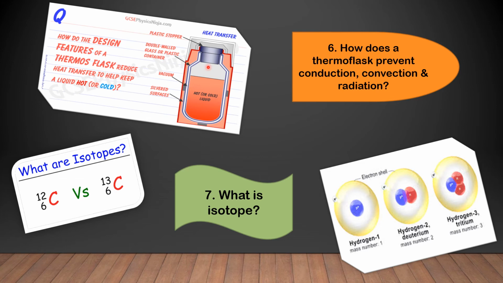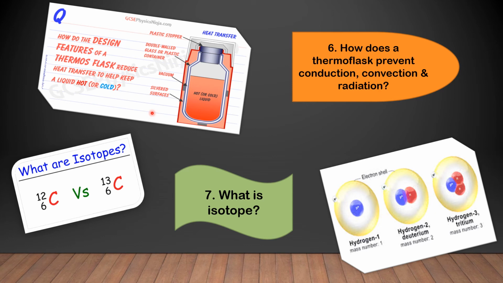Now silvering. The silvered walls minimize the exchange of heat by radiation. So this is the silvered surface. This blue color line is the silvered surface. This prevents heat exchange by radiation. So you can say, it is found that in a thermos flask, there are arrangements for prevention of heat transmission by conduction, convection and radiation. Thus a hot liquid remains hot or a cold body cold for a long time inside a thermoflask.